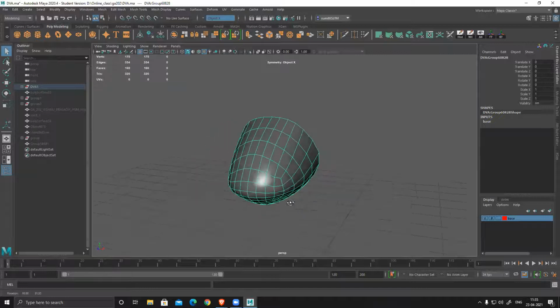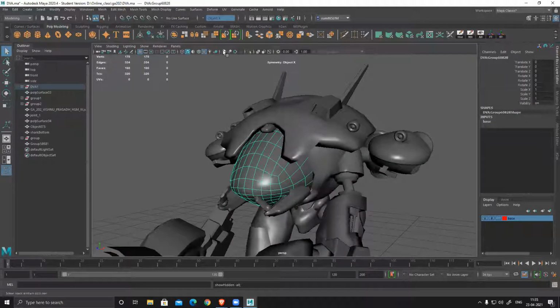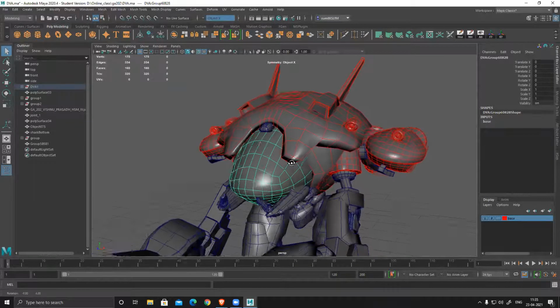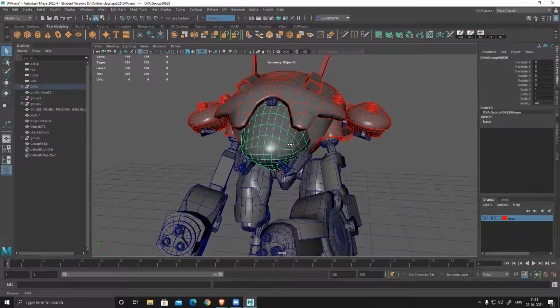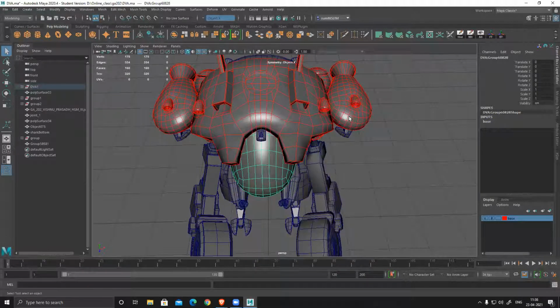So I smooth this thing out and check this thing. So now you can see this thing becomes smooth and clean, and this is also smooth and clean, similar. So I need to smooth this also as well.